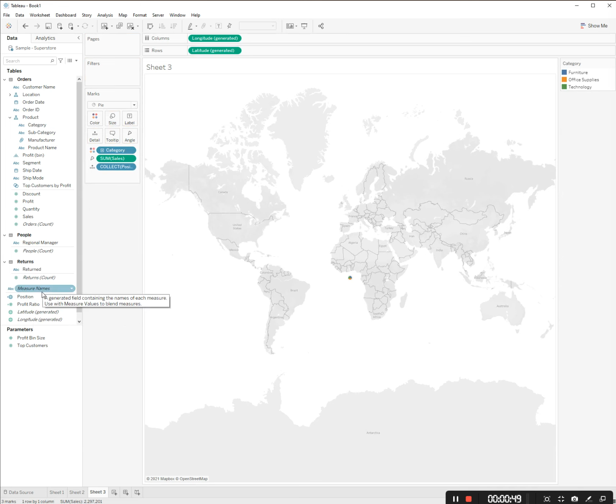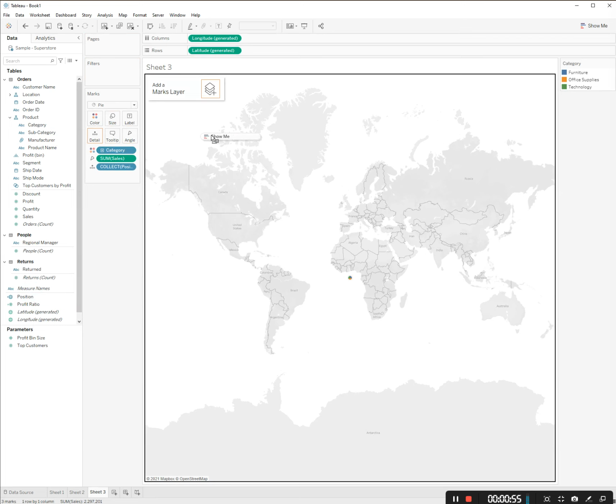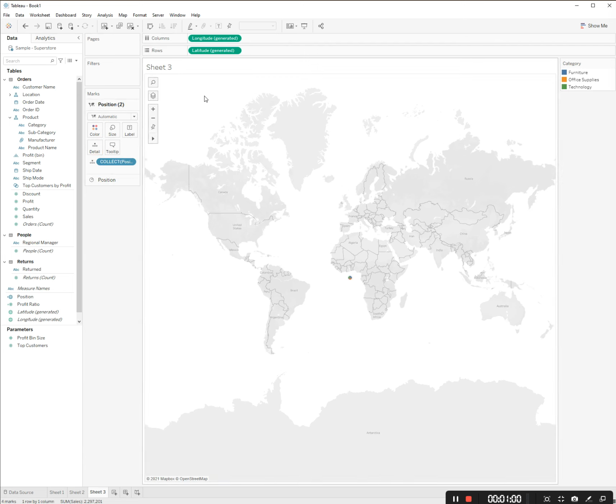Then we're going to add another one here. We'll do a lot of formatting and sizing in just a minute. Then I'm going to bring position out again. I'm going to click and drag and add this as a mark layer. So I'm going to drag it up to the top and drop it here. And then we'll want to rename these so we don't forget, position 2, position 1 as we start to add different layers. So I'm going to call this one category,